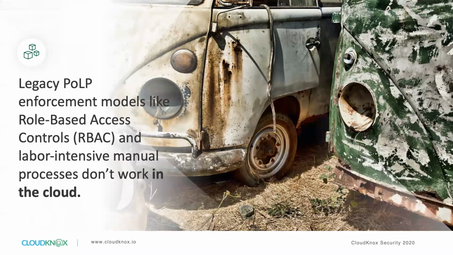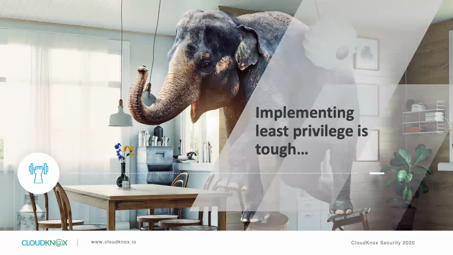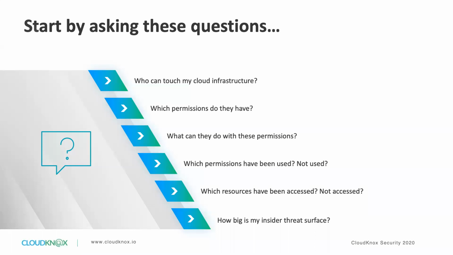So what we're saying here is, yes, implementing least privilege is tough and difficult. It really begins by asking a few questions, and this pertains to many of the customers that we work with. For example, who can touch my cloud infrastructure? And furthermore, which permissions do they actually have? Just starting there can be really difficult for most companies. When we take a look at the permissions that have been given to contractors, even non-human accounts and applications, and all of those APIs, really vetting that out is complicated.